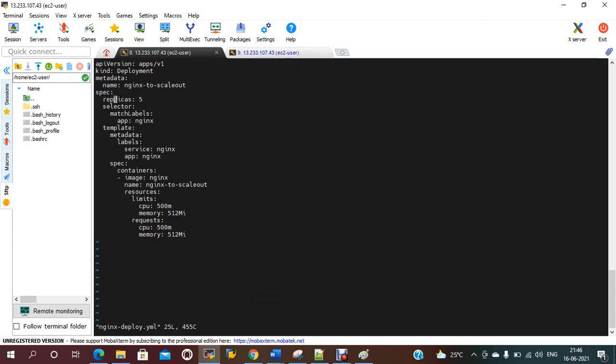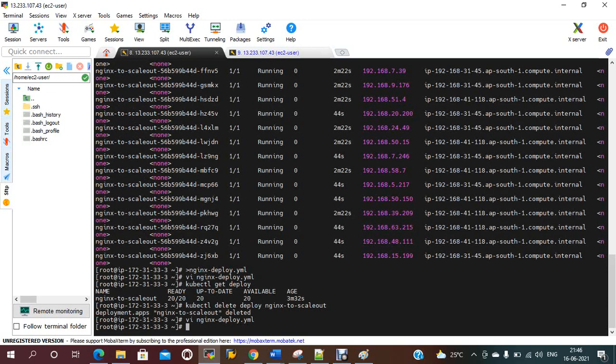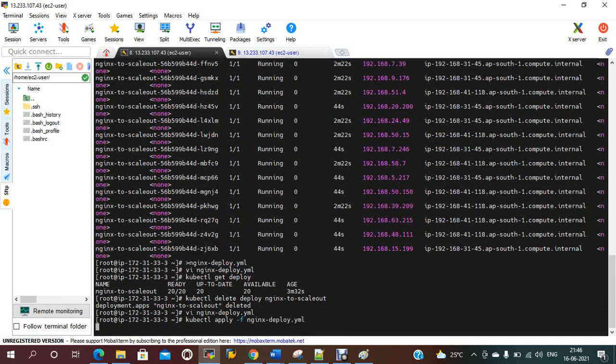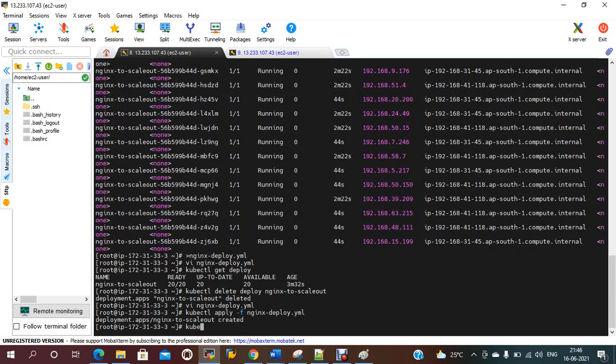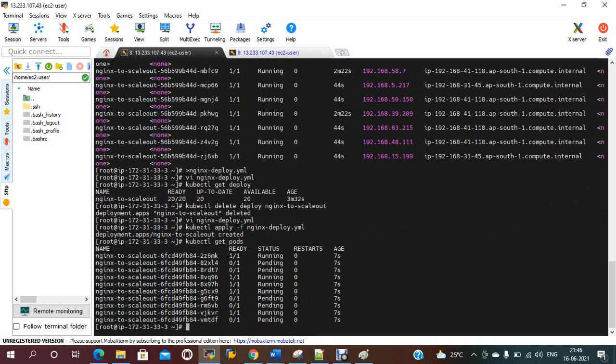If I apply now, kubectl apply -f nginx deployment, and then check kubectl get pods, you see some are running and some are in pending state because the node doesn't have sufficient memory and CPU.